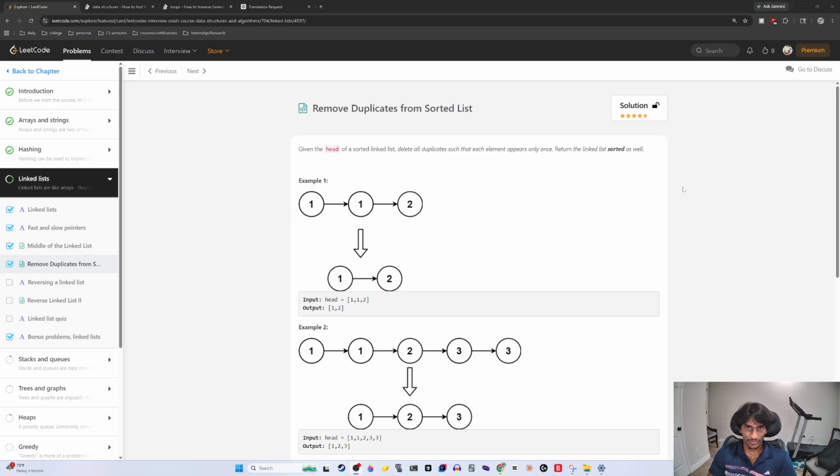Remove duplicates from sorted list. Given the head of a sorted linked list, delete all duplicates such that each element appears only once. Return the linked list sorted as well. So